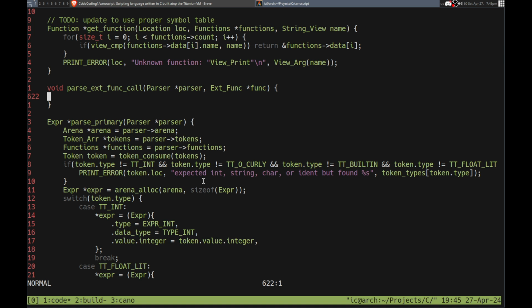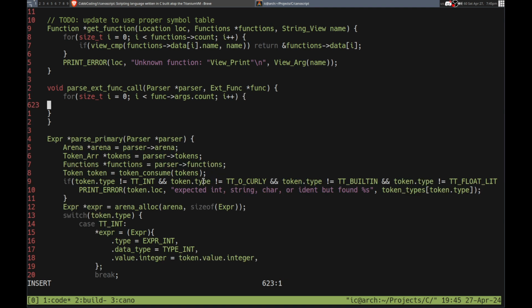So I think we do for i less than func, i plus plus, and we can parse expression. Parser. I don't remember all of it. I think just that. So we parse the expression, and then we can return that, expr equals that. So we return the expression, and then we want to add it to,